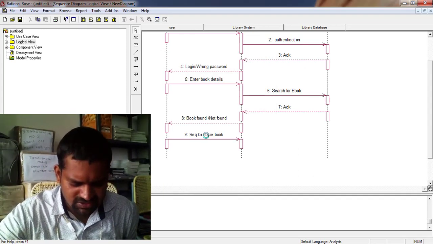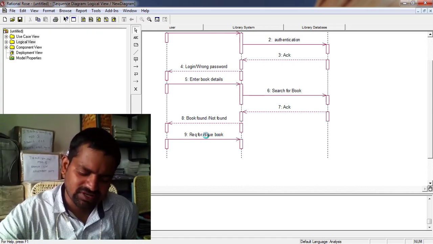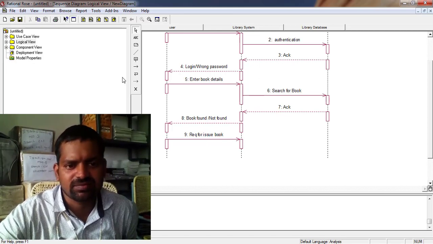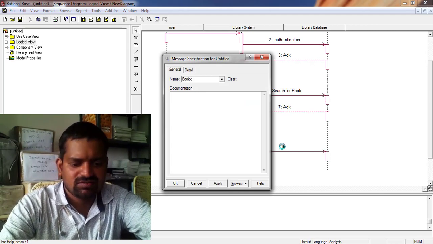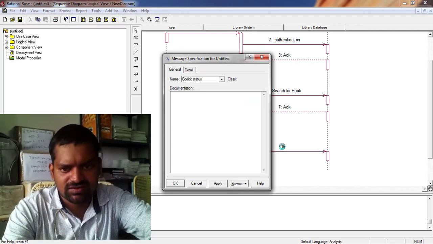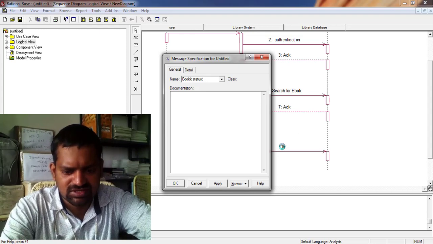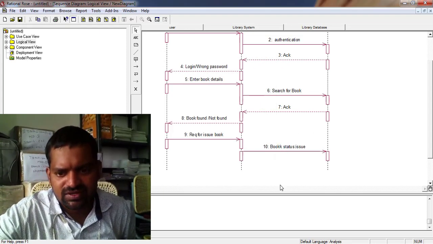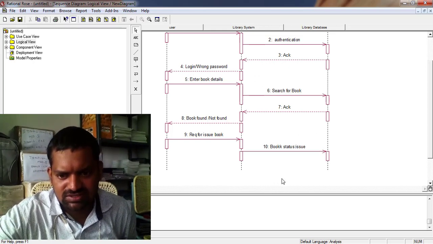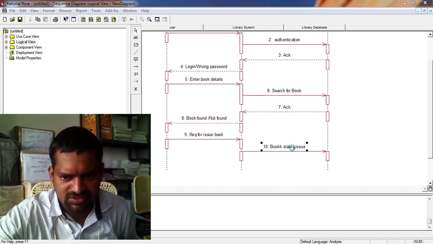After issuing a book, again from the database to the library system, the book status will be represented. Is that book available or not? So that will be written as status. Book status. What is the status of the book? The status of the book is issue.